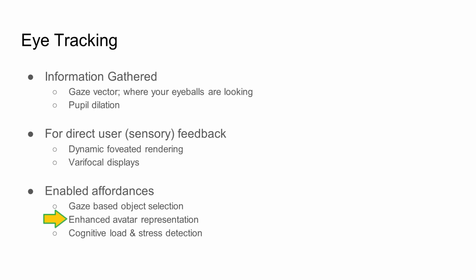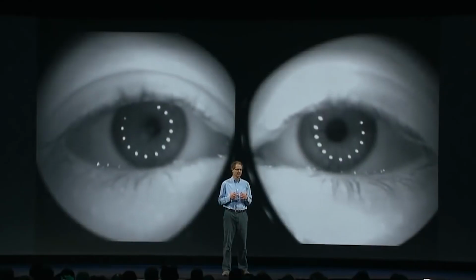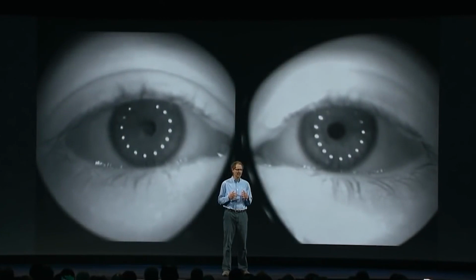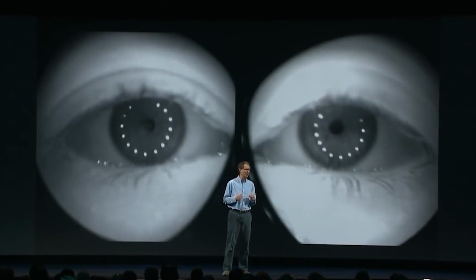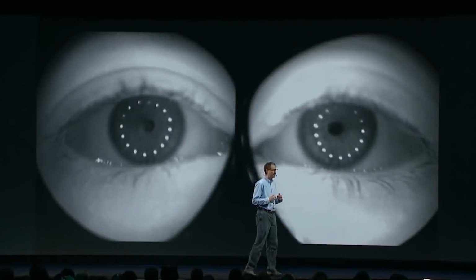But moving on, we can also use eye tracking data to measure someone's cognitive load and maybe even stress. We can get this information just by looking at pupil dilation. If the pupil is opened up particularly wide, that means that we're processing quite a bit of information